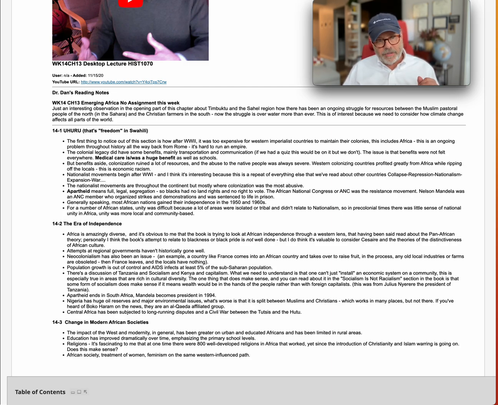The other thing in chapter 14.2, the era of independence. Independence in Africa is as diverse as the continent itself, because we can't even come close to thinking about Africa as one culture. It's an amazingly diverse place, more than anywhere else in the world, and all the cultures are different, all the way up to the Mediterranean, all the way down to the Cape at the bottom in South Africa. So the era of independence is uneven. Independence emerges at uneven times, in uneven places, and there's a lot of tribalism, especially in sub-Saharan Africa and in the center of Africa. So the era of independence has also become the era of civil war to some extent,